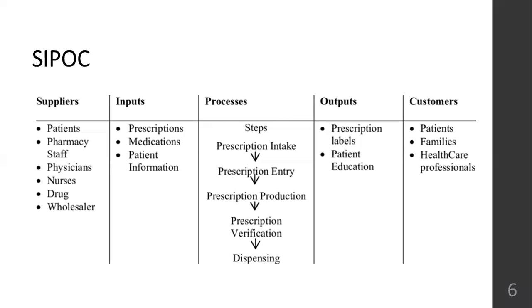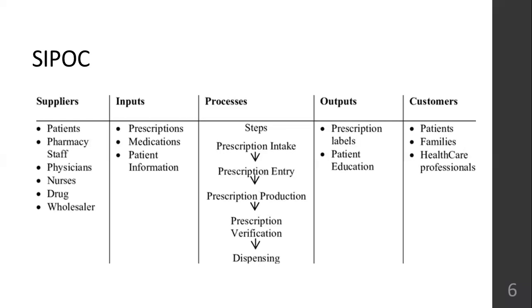Inputs are your patient information that you have collected, medications that you sell, prescriptions that your doctor has made, okay, and processes, all the hospital processes, different types of hospital processes, admission, discharge, injection, radiology process, x-ray process, laboratory processes, all the processes will come,